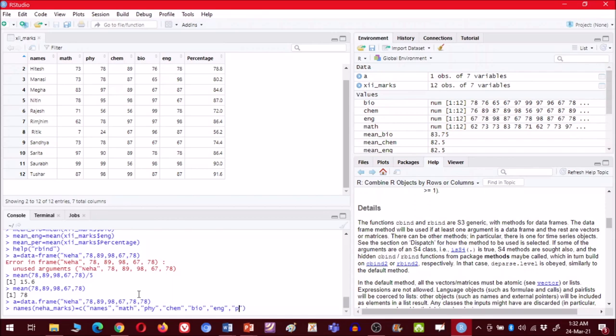P should be capital, it should be the same as the name of the column. So all these entries you have to enter, Percentage, and now all the entries are done.